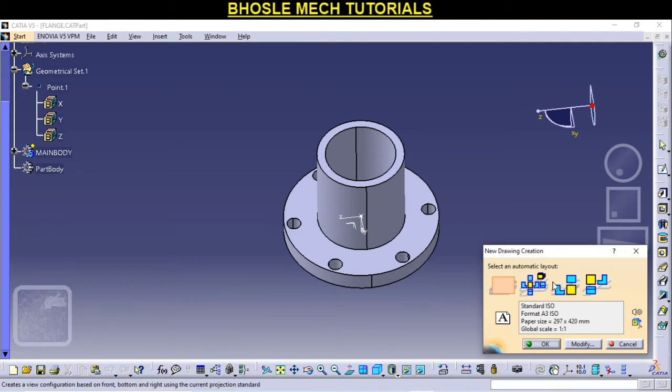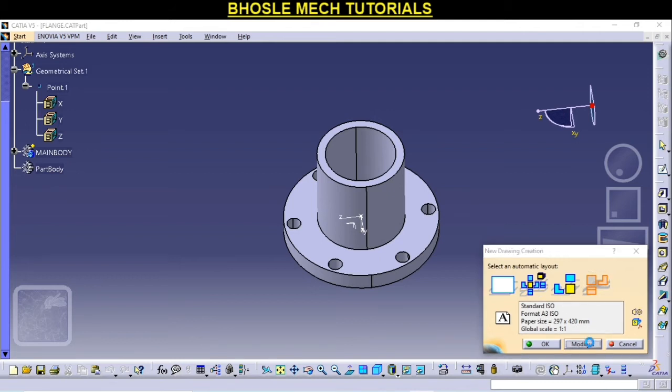Here, whichever projection you want, according to that we have to select the option. Here we will get only the front view, top view and left view, and here the front view, bottom view and right view, and here we will get all views. Now I will select this one, and here are the page properties.